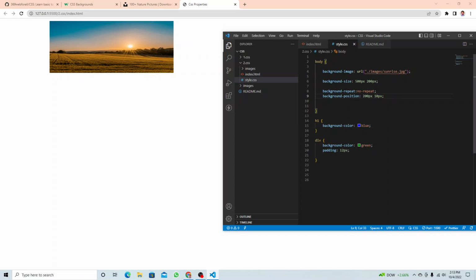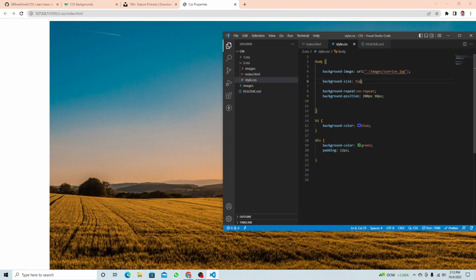Because the same concept applies to any container. Any container you want to have a background image, and then you want to add all this behavior, you must select that particular container, and then apply all that. Okay, so sometimes you're going to see a top,